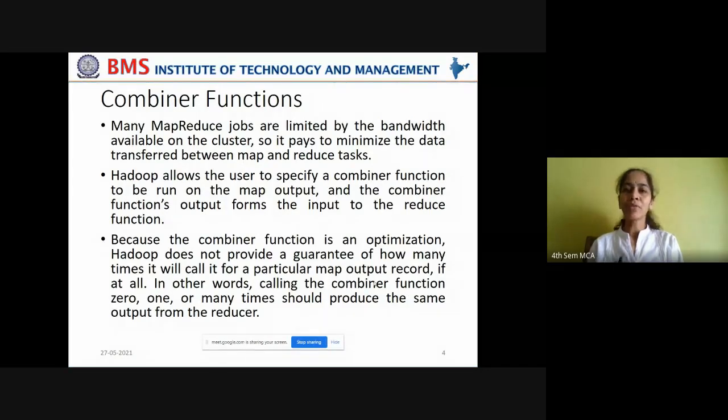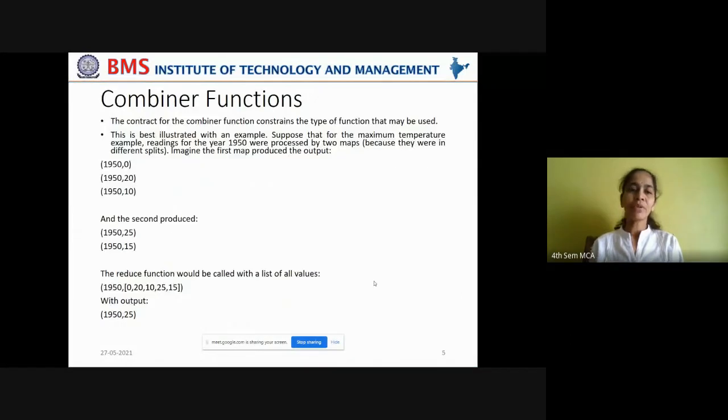It can't be decided whether it will be called one time or multiple times. Based on the output given by the map, the combiner function will be called again and again so that it reaches some extent of optimizing the data transfer between map and reduce phases.